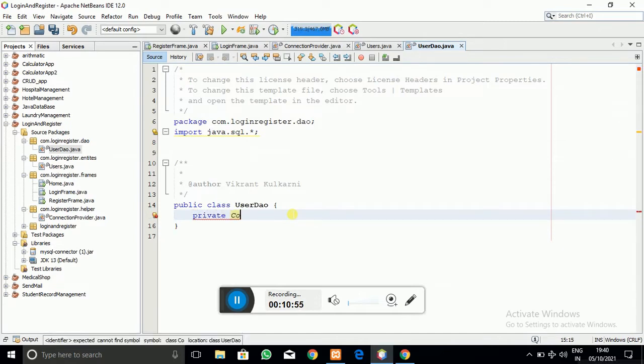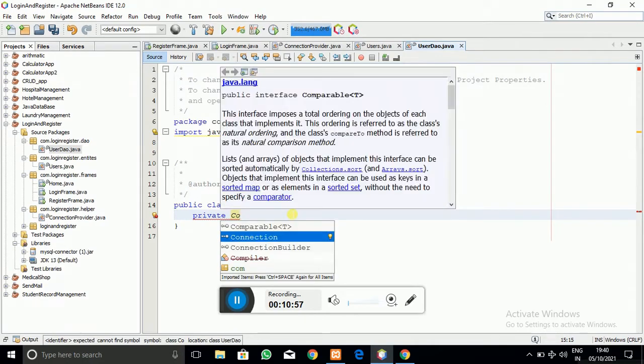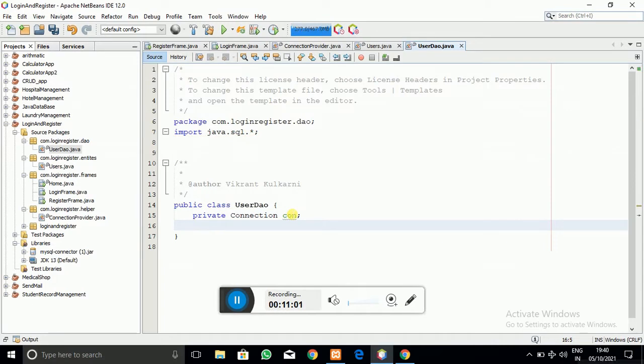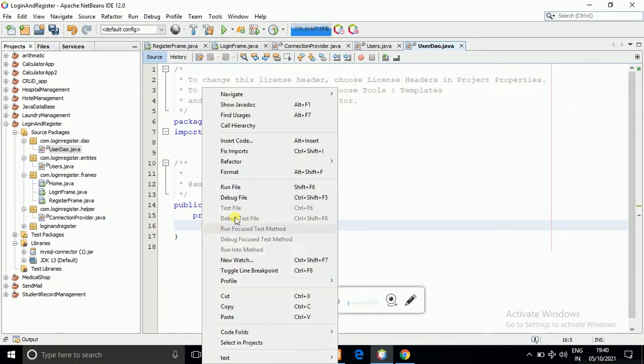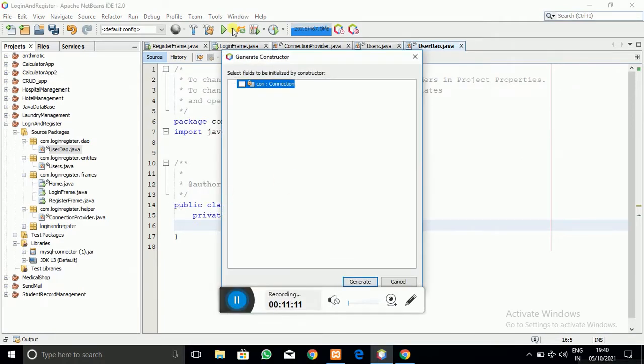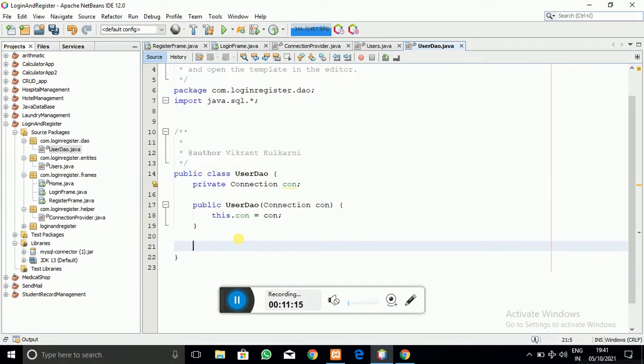In this case, private Connection, and I am going to create the constructor by using this connection variable. Okay, so Insert Code, click on Constructor, select that and click on Generate. So the constructor is going to be created.